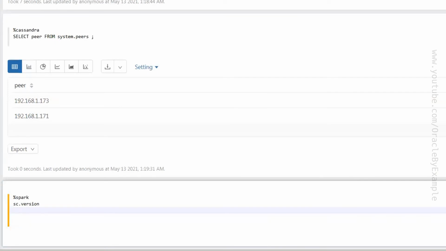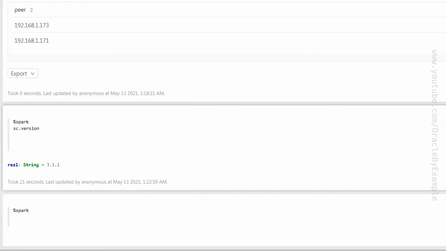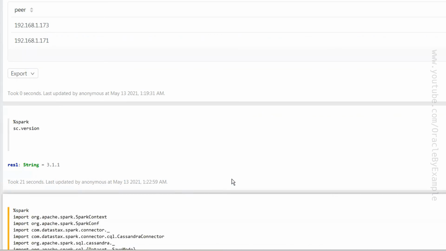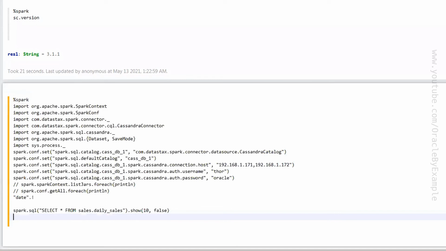We can run Spark commands by starting with %spark, and I would like to check my Spark version. As you can see here, we were able to connect to our Spark cluster, and my Spark version is 3.1.1. I'm going to run a little bit more complicated code on Spark.